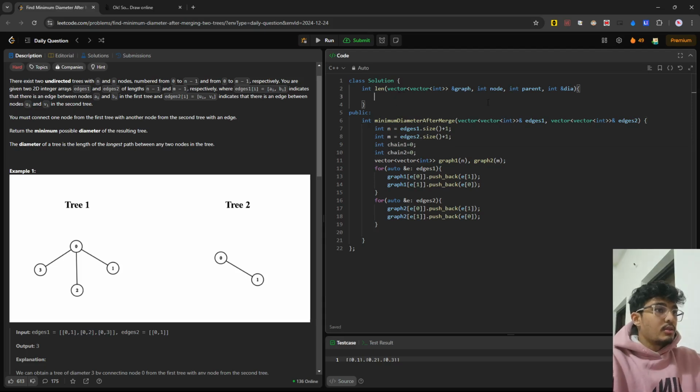Yep, I think this is good. What will child graph node equals to parent. If node is not equal to parent,